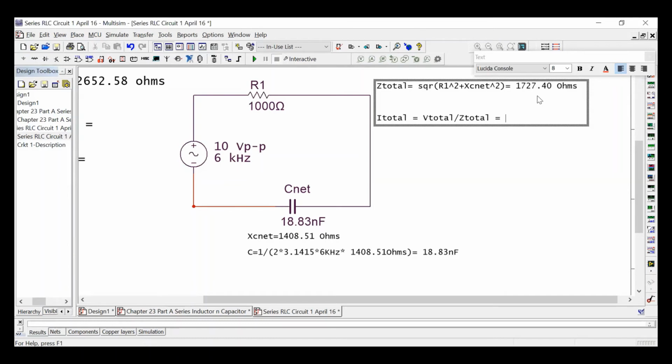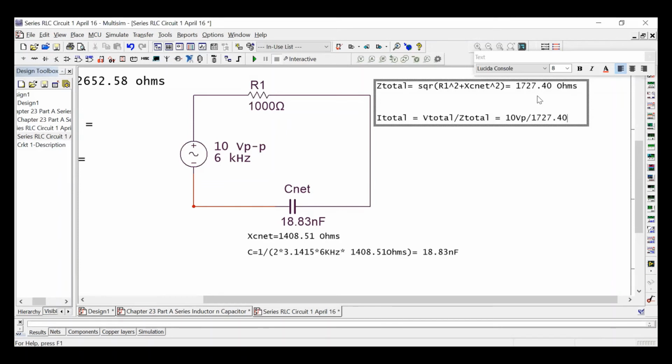And by the way, if you actually did come up with an 18.83 nanofarad capacitor and built this circuit, this is what the generator is actually seeing. It does not see the inductor and the capacitor, but it sees this circuit right here. So this is what we call an equivalent circuit. All right, so V total is 10 volts peak divided by